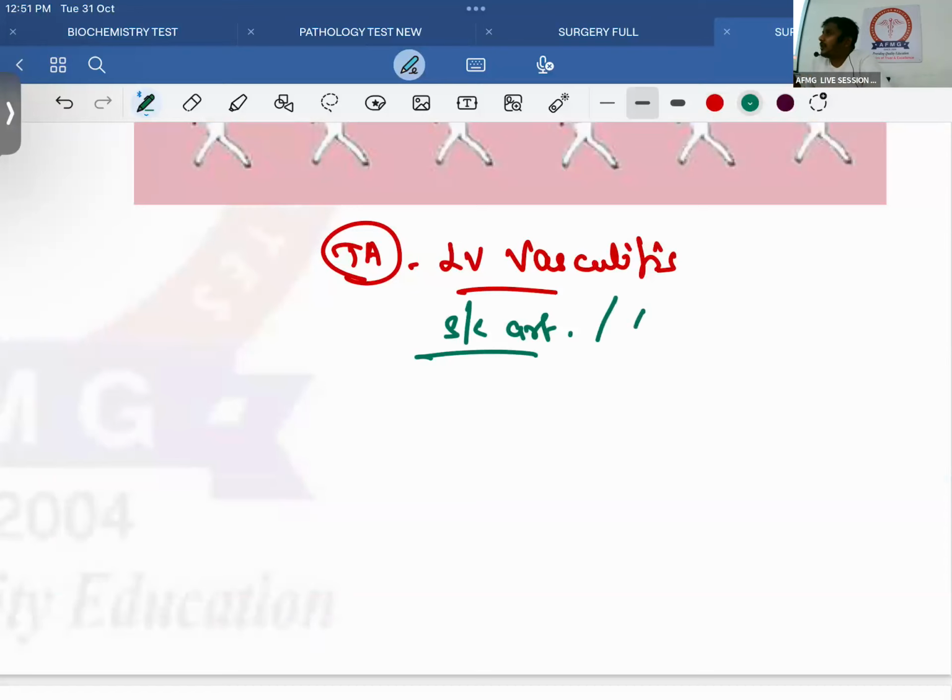Okay, but Takayasu arteritis, beta, causes inflammation, fibrosis, and because of that, narrowing. If there is narrowing of the arc of aorta, subclavian artery, or definitely, sorry, your carotid vessel, there will be decreased blood supply. If subclavian artery has narrowing, there will be decreased blood supply to the upper limb. And if carotid vessel has narrowing, beta, there will be decreased blood supply to the brain, which can explain